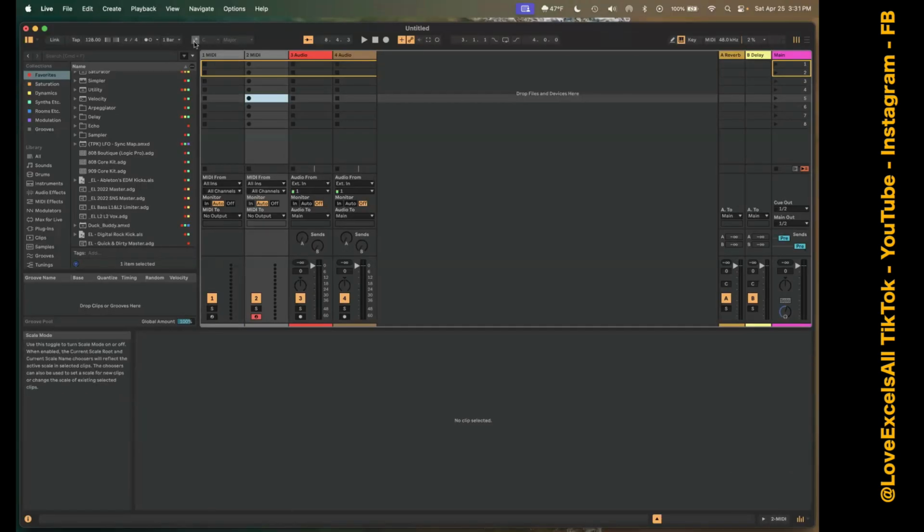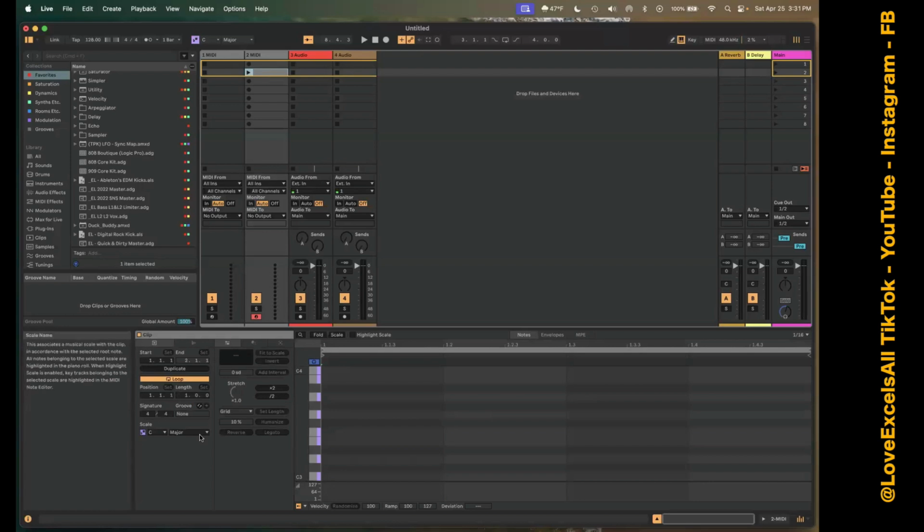This is to enable the scale mode, which, obviously, if we are in C major, shows us all of the notes available. I'll show an example. I'm sorry, I just